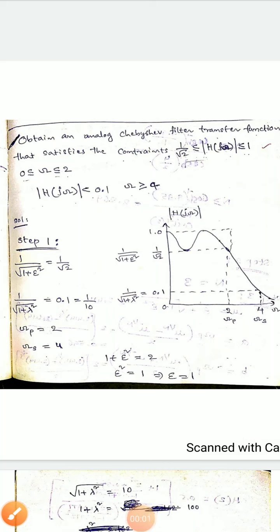In this lecture we are going to discuss problems on the analog Chebyshev filter and the Butterworth filter. First problem on the Chebyshev filter: obtain an analog Chebyshev filter transfer function